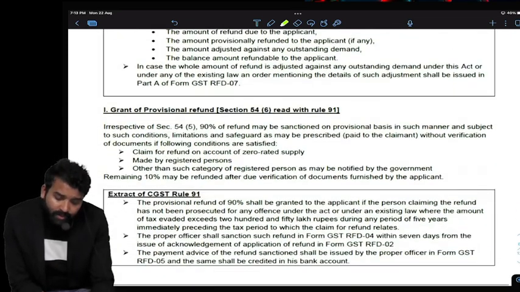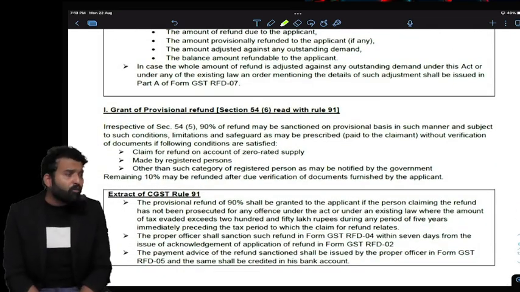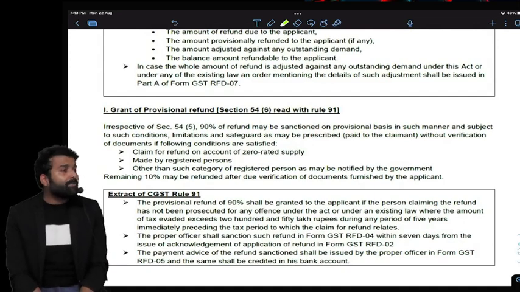Very nice. Now one more interesting thing. For faster refunds, government